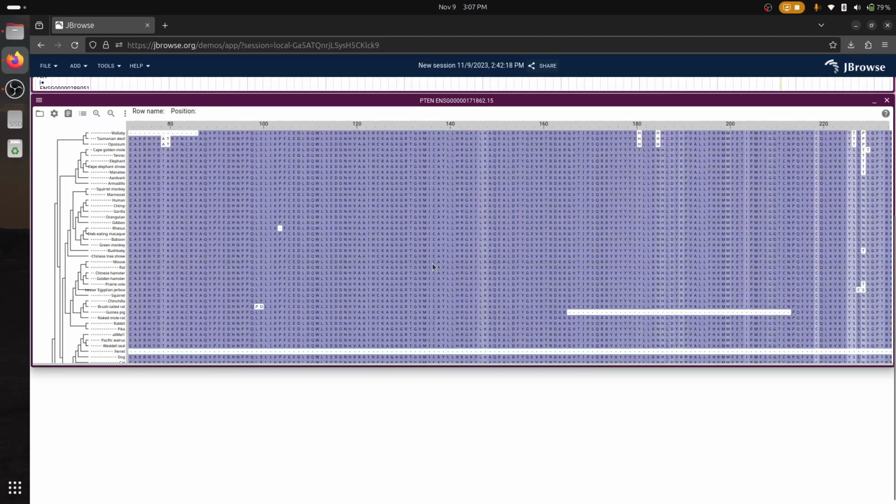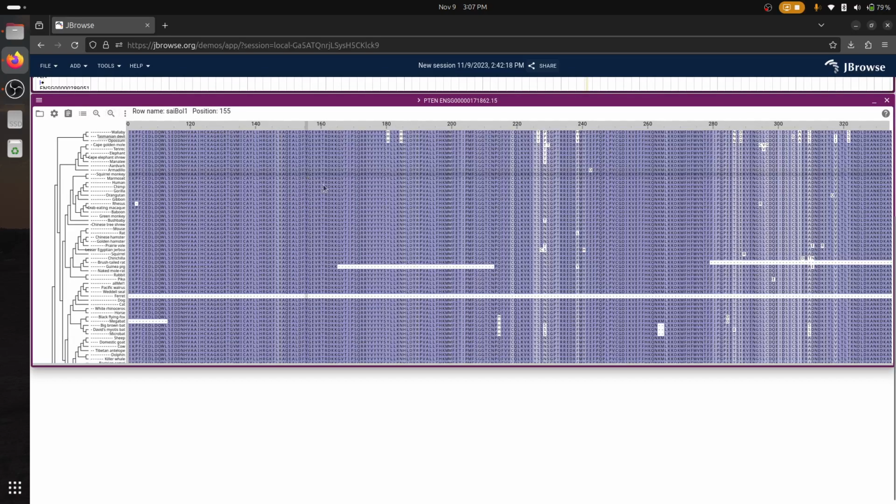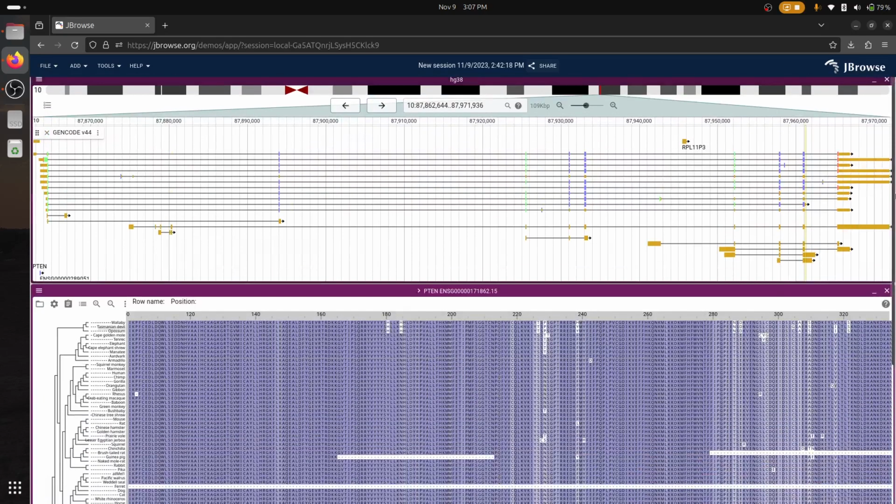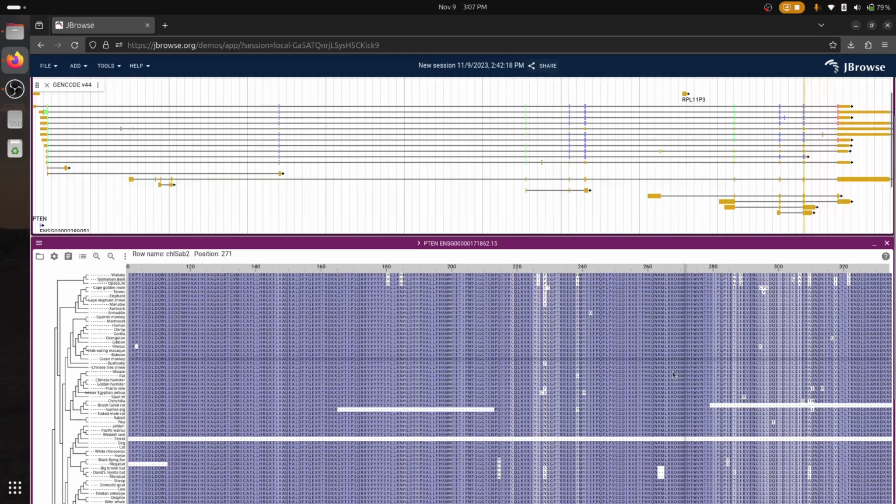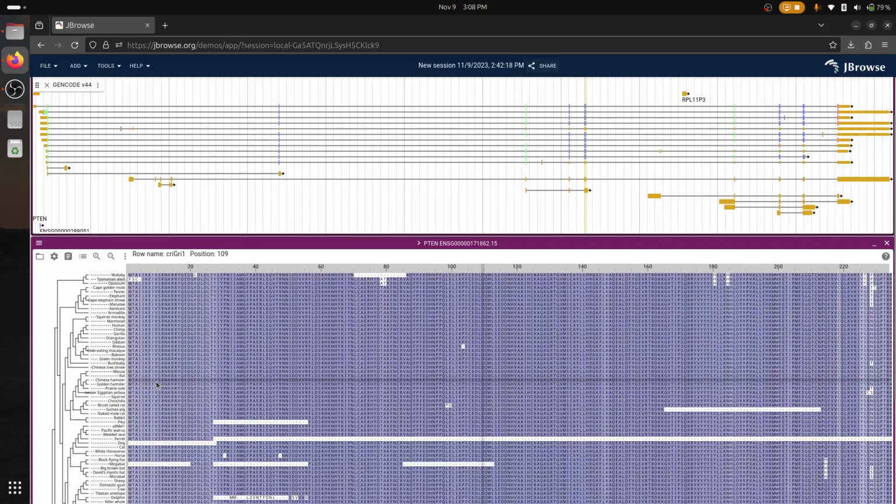and the MSA view plugin allows us to zip around. You can see a lot of data here, but importantly, we can mouse over positions in the MSA view, and you'll see this little yellow bar changing position on the genome. And we can zoom in